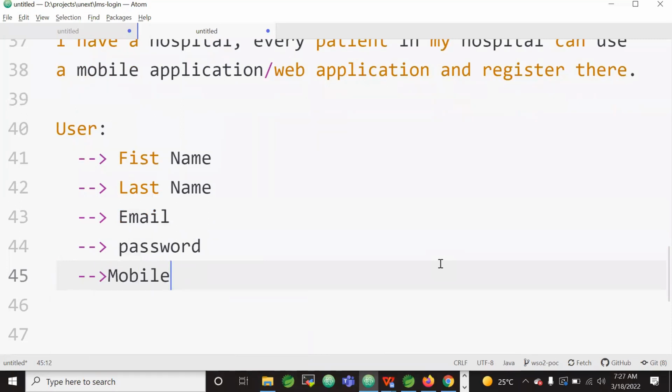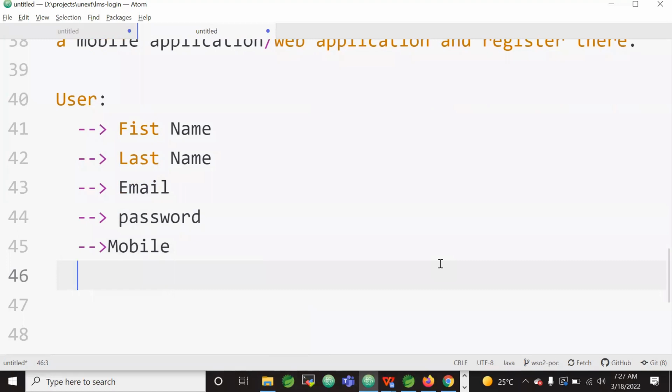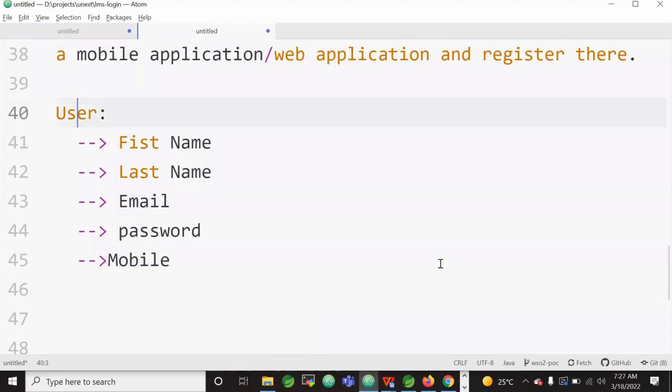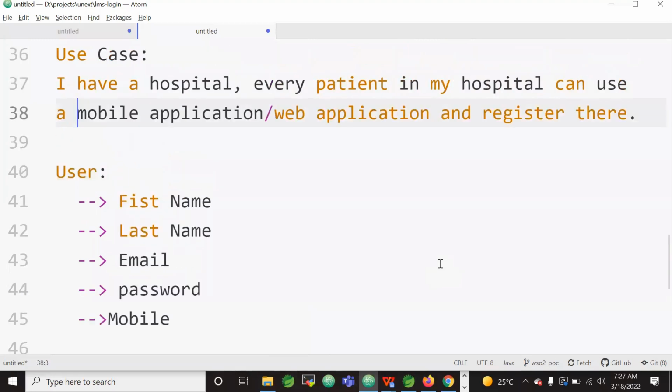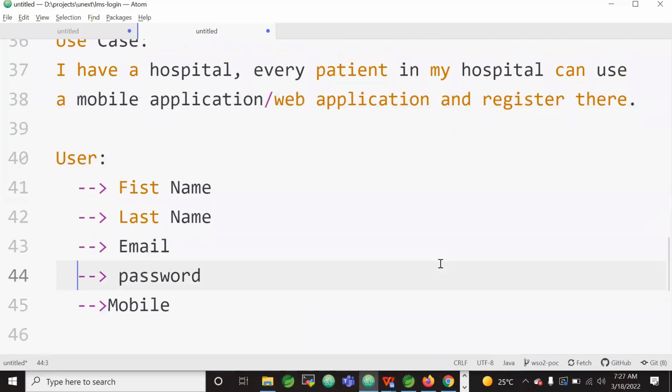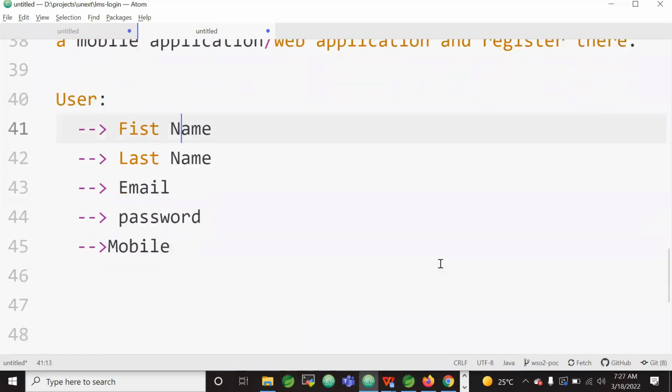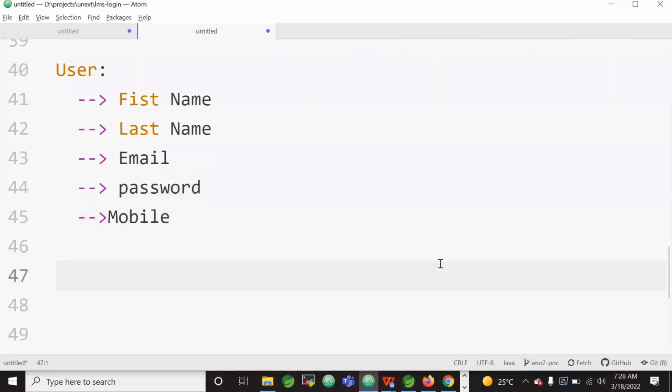This is what the earlier form looked like. The user enters the first name in the form, last name, email, password, and of course confirm password also, and then the mobile number. After entering all these things, the user will get a message saying